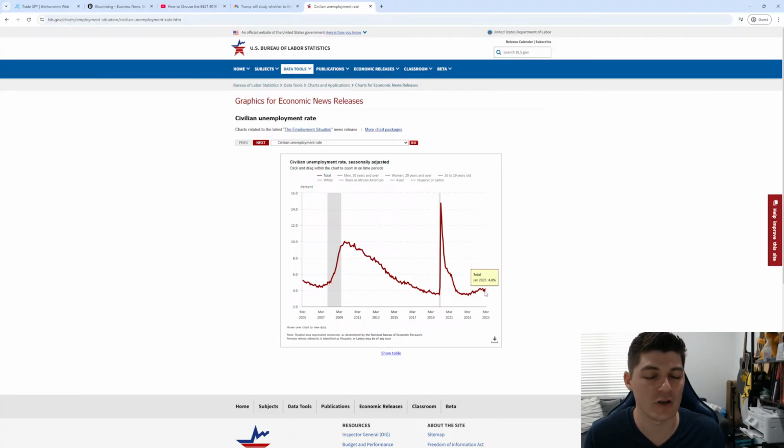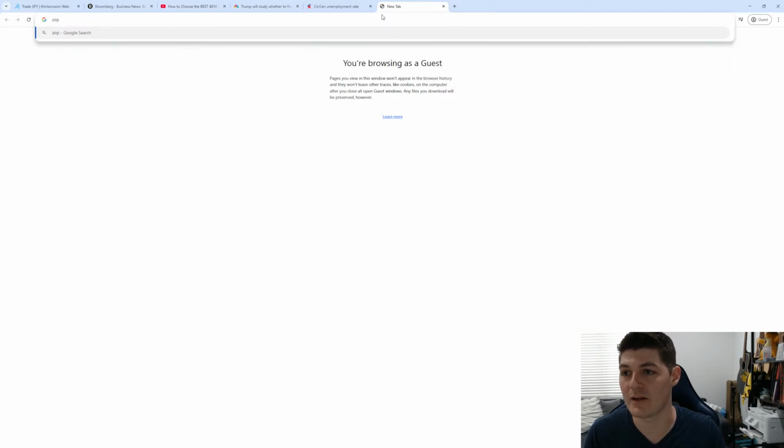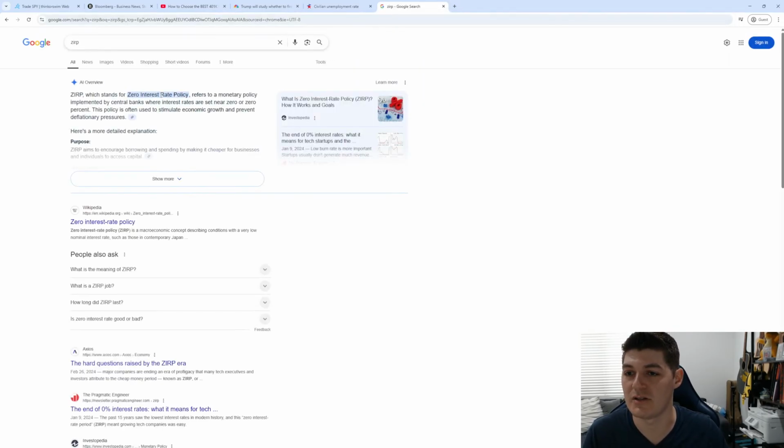You might see mortgage rates start to go down. You might see lending rates on various products like auto loans start to go down, but this will increase spending, and increased spending leads to increased inflation. In fact, we just had a period recently during the COVID bubble, quote unquote, where the Federal Reserve was perceived to have left rates too low for too long. In case you weren't aware, this was called the zero interest rate policy, or ZIRP economy.